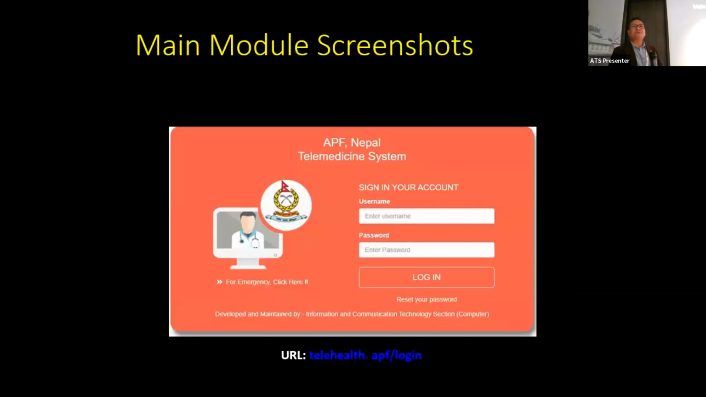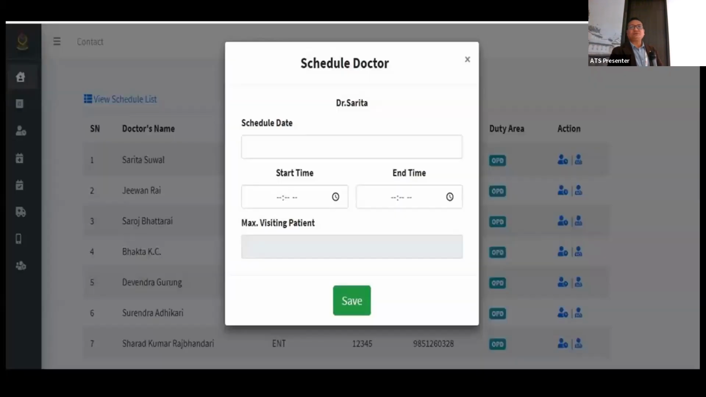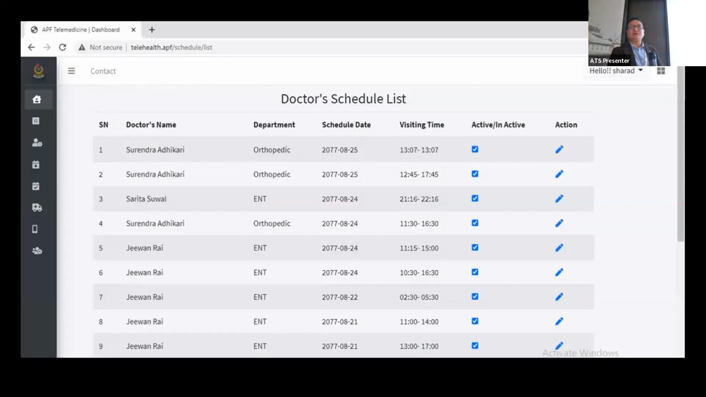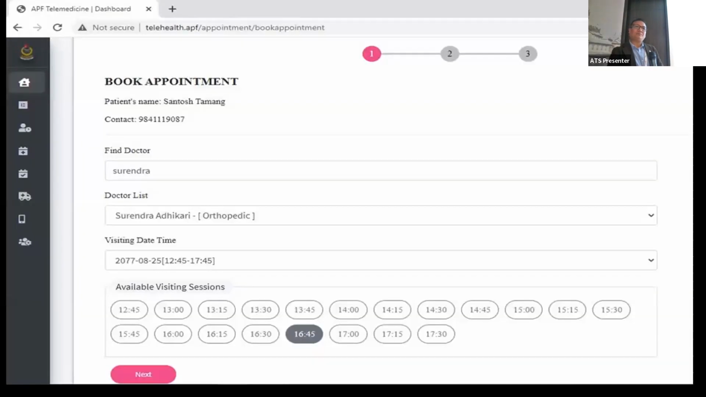So this is our main screenshot where the user can log in with their name and password. And this is where the admin schedules doctors according to availability in the hospital. And this is a doctor schedule list. And a patient can book an appointment according to the availability of the doctor, and a slot is given